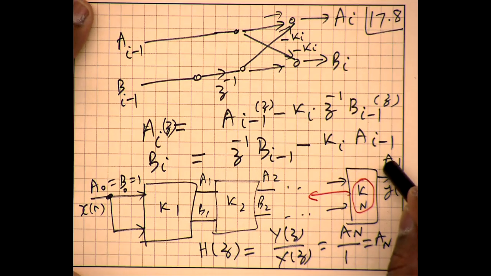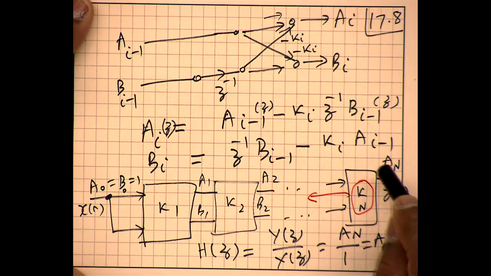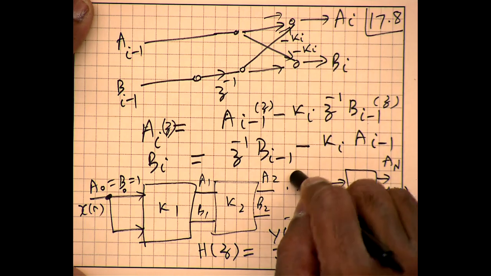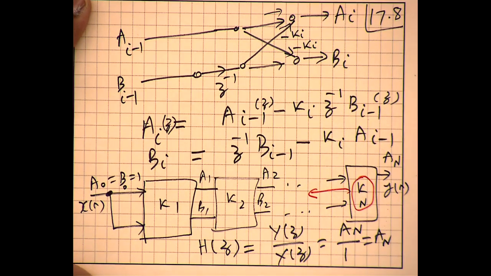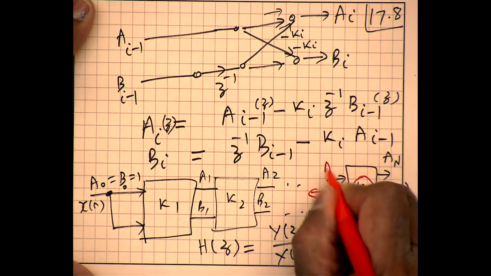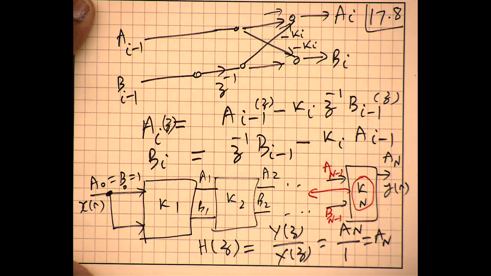We know what An is, because that's what is given to us. So my first goal is to reduce that degree to An minus 1, then An minus 2, and keep going backwards. So the very essence of computing these k coefficients is called a degree reduction process. If I can find An minus 1 and Bn minus 1 from An, well, Bn is simply the reverse polynomial of An. So if I can find that, then we can keep computing k's.